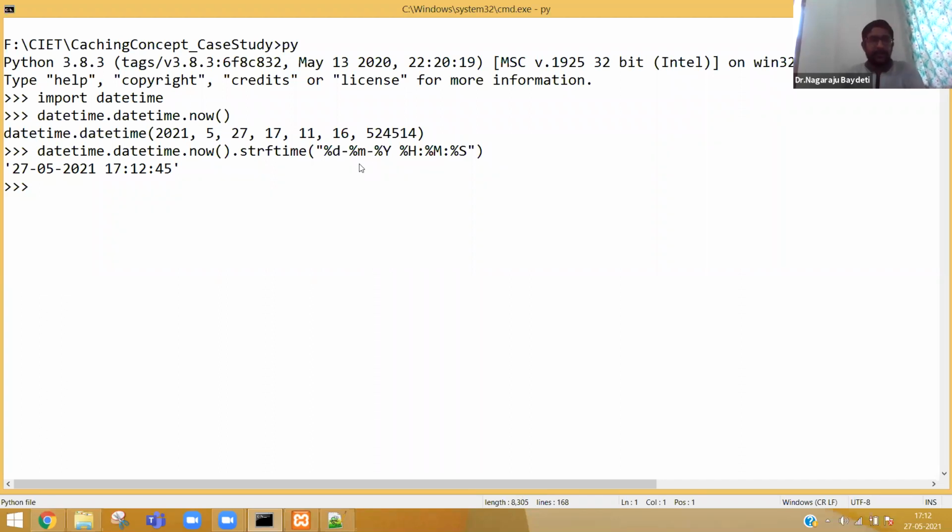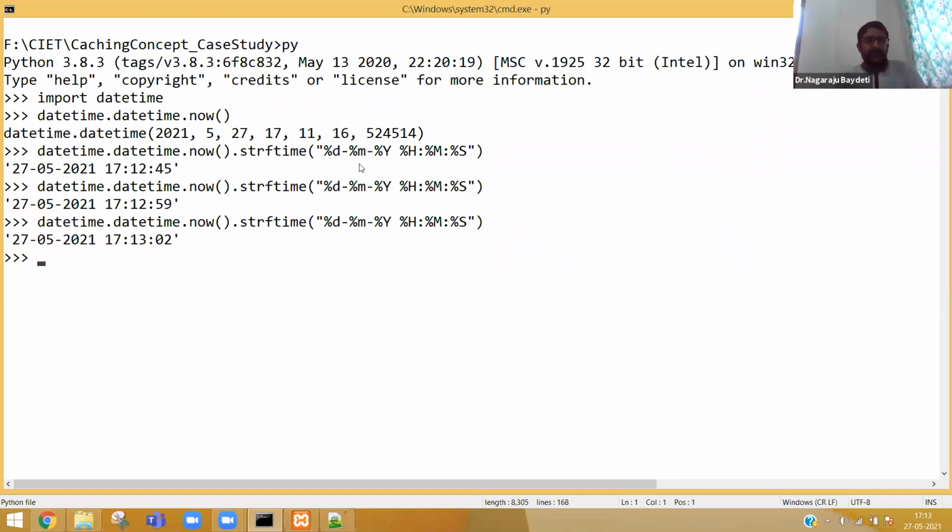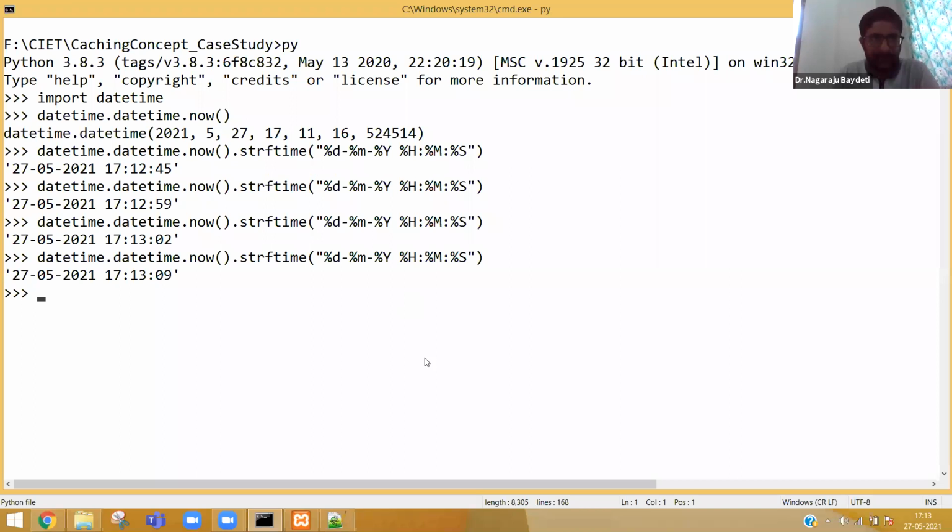Everybody see here, the same date, the format is coming as 27th May 2021. I don't want milliseconds. 5:12:45 seconds. Again, if you execute, now you can see the number of seconds has changed. Now you see 5:13. It started with 5:12:45, then 59 seconds. Now I believe everybody is able to understand this line.